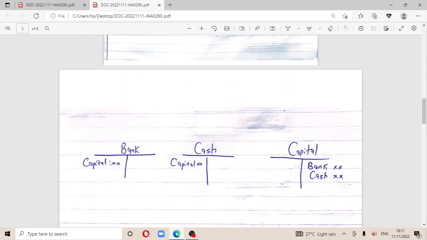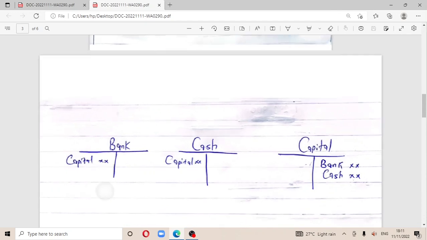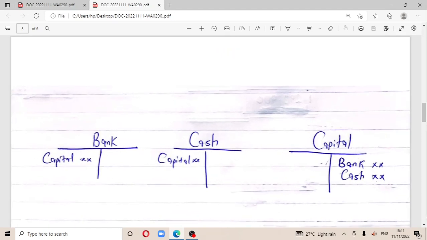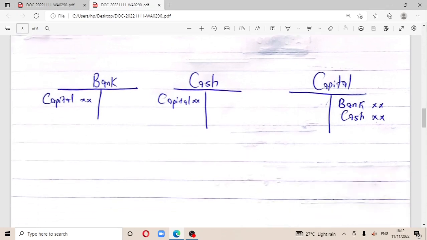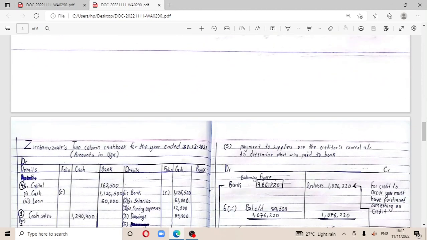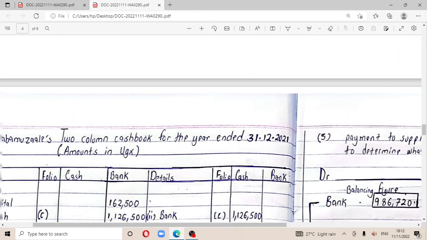cash book, it will appear on the debit side as you're seeing here. I've done this because some students were asking how come you have included capital in the cash book? And this is the reason why, because that person has just started business. So when I'm to draft my cash book as step 2,